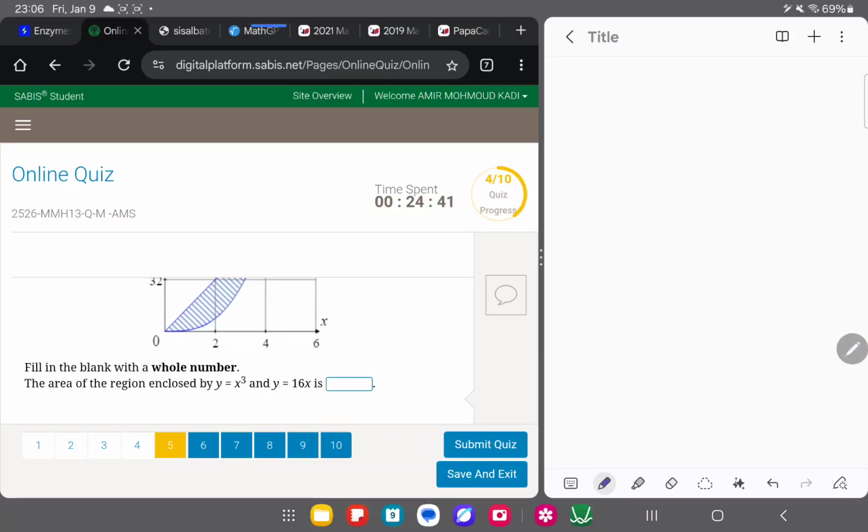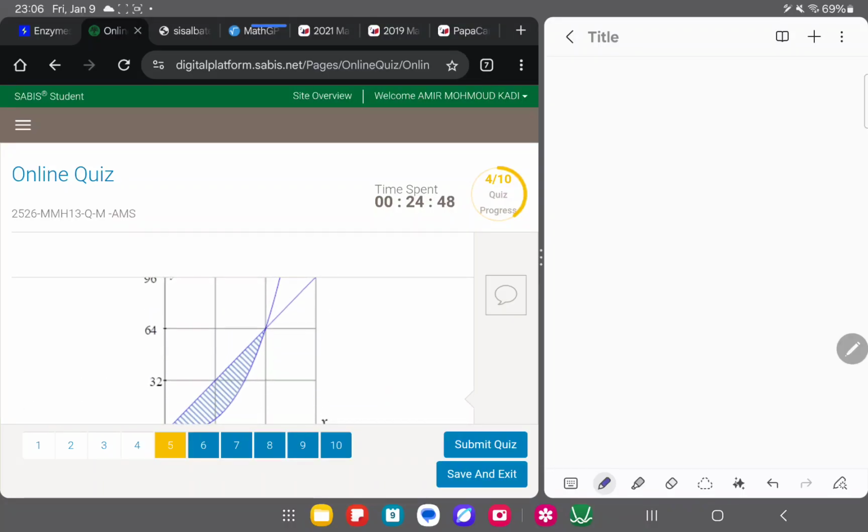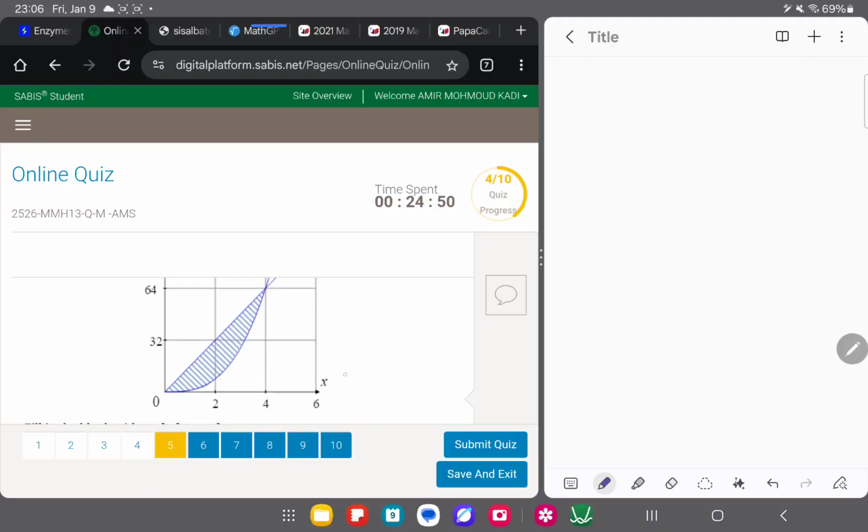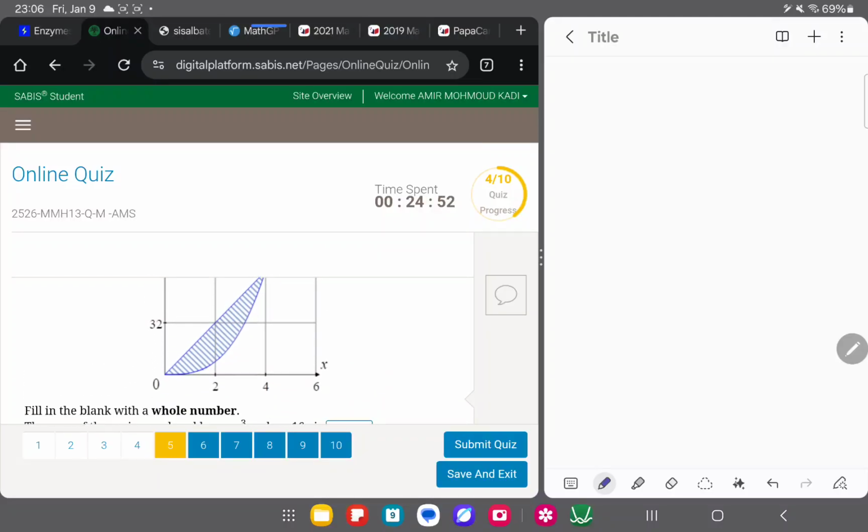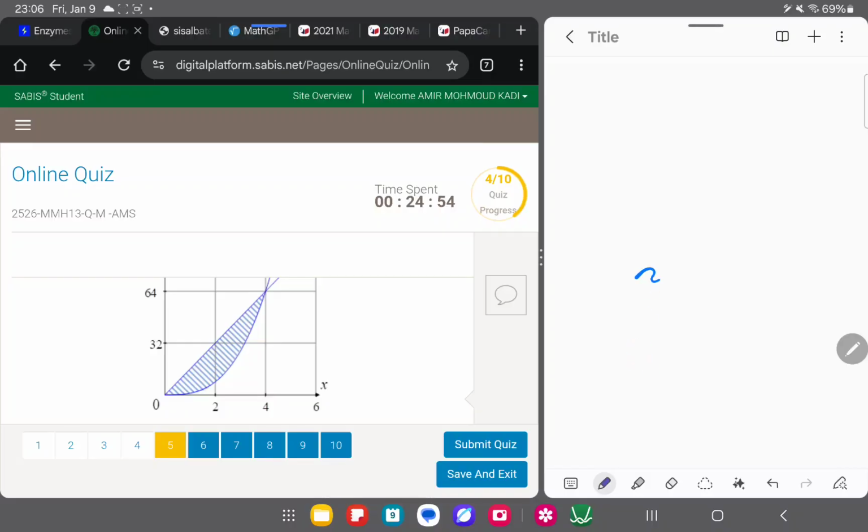Okay, so we have x cubed and 16x, two lines and two curves enclosing. So first, what we want to do is find the intersection points, but over here they've already clearly stated them. It's x equals 4 and x equals 0. Okay, so